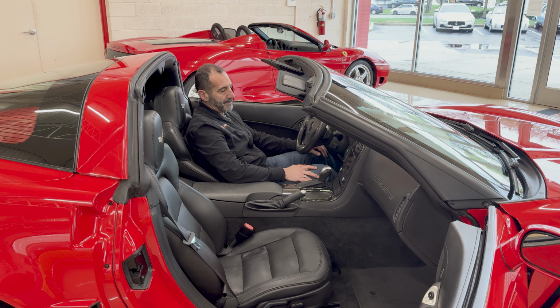This is a real world sports car that you could take to the track, but you could also do it as your daily driver too. How cool is that? At the price point it is, there is no better value out there for a great car. And then throw in the 3LT package, which has the heads-up display,